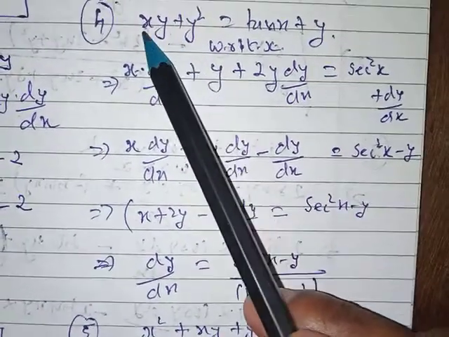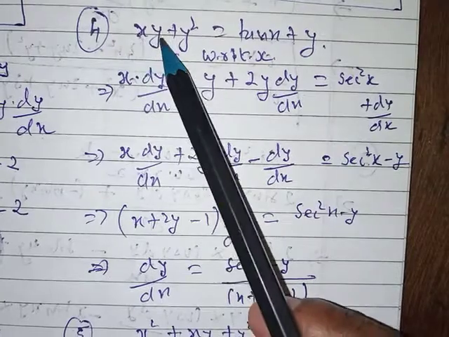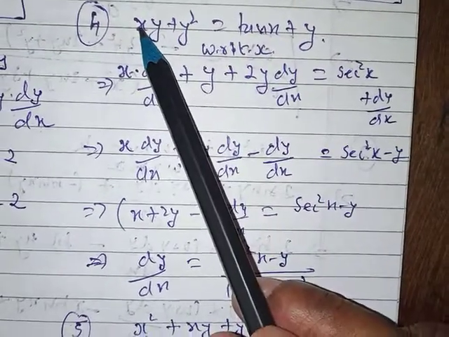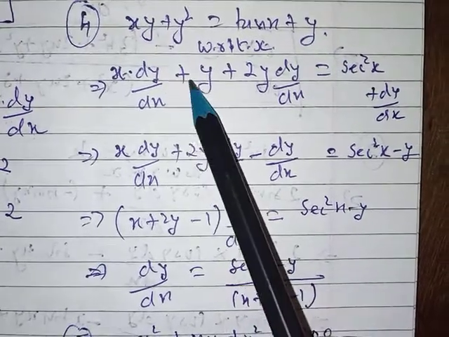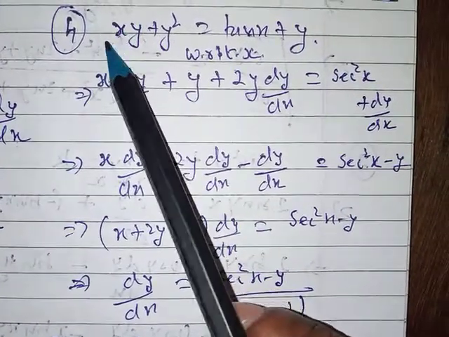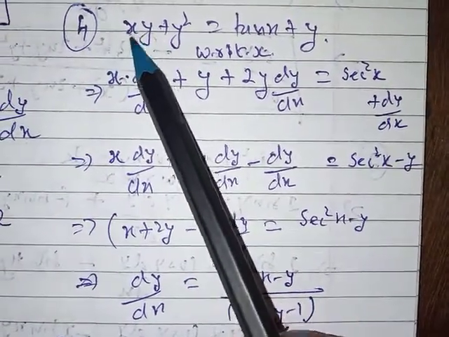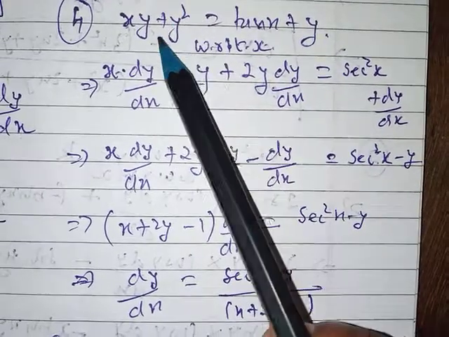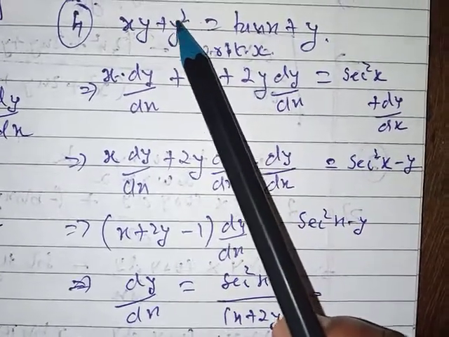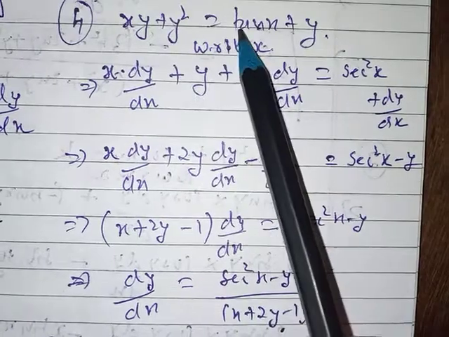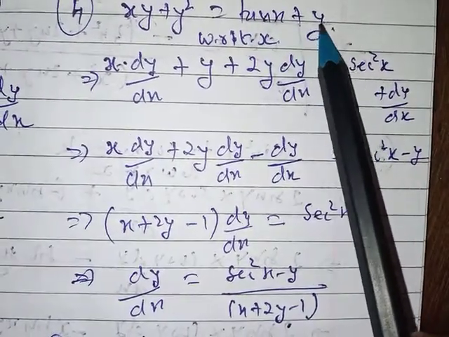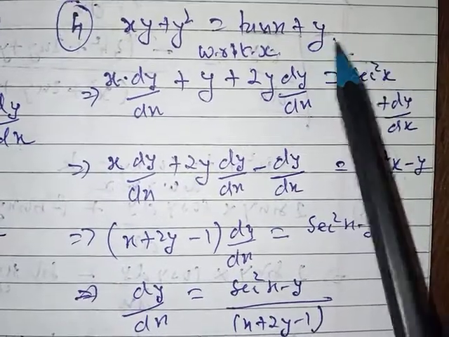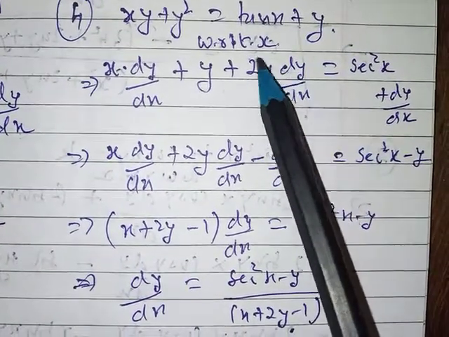xy. Now it is a u into v form. So first x will be constant, we will have to take derivative of y. Then y will be constant, and we have to take the derivative of x, and we have to take the derivative here with respect to power and then with respect to y. Here derivative of tan, and here it will be derivative of y only. Is it? Okay, so let's start.